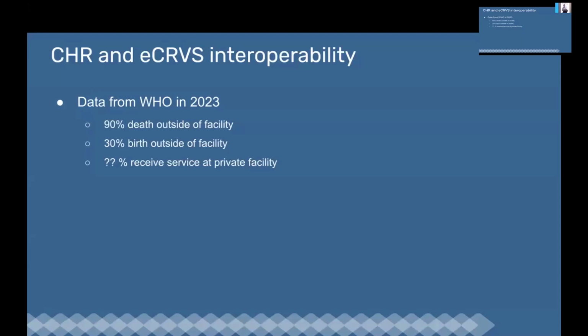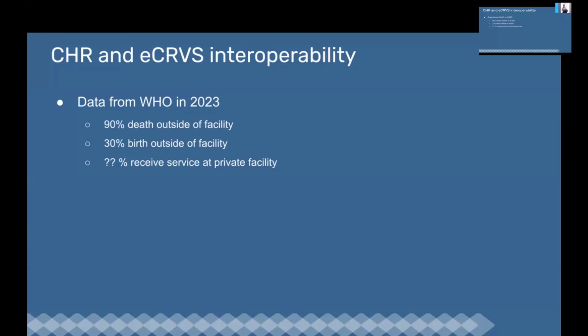Around 30% of births happen outside of facilities. Another reason is mainly that people can travel to neighboring countries where they have a higher standard of healthcare service. People usually cross the border to get service in the neighboring country, and that's very difficult for Laos